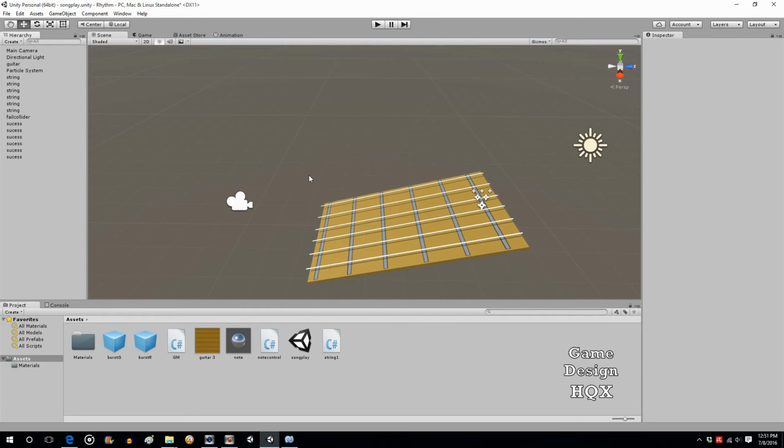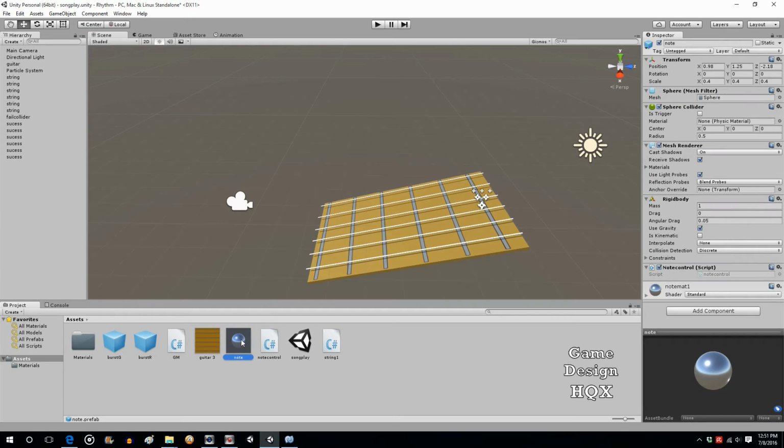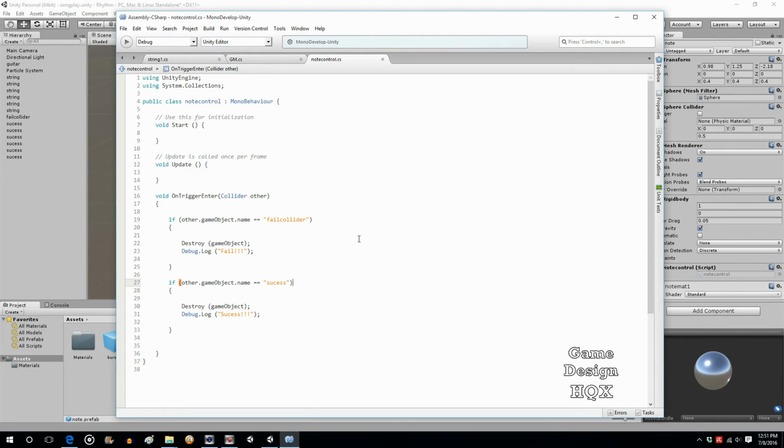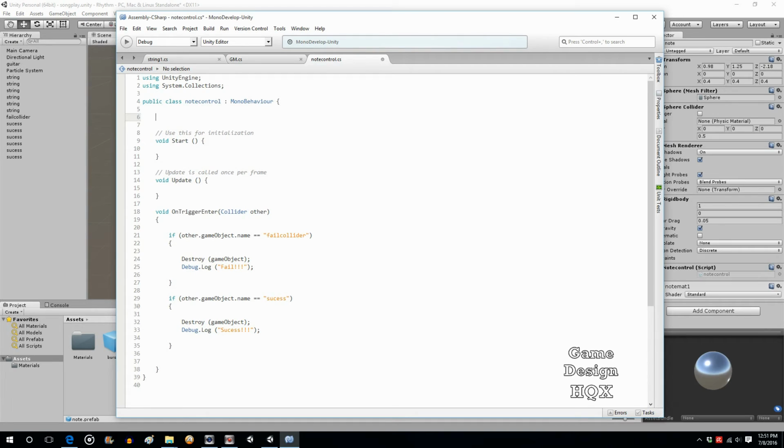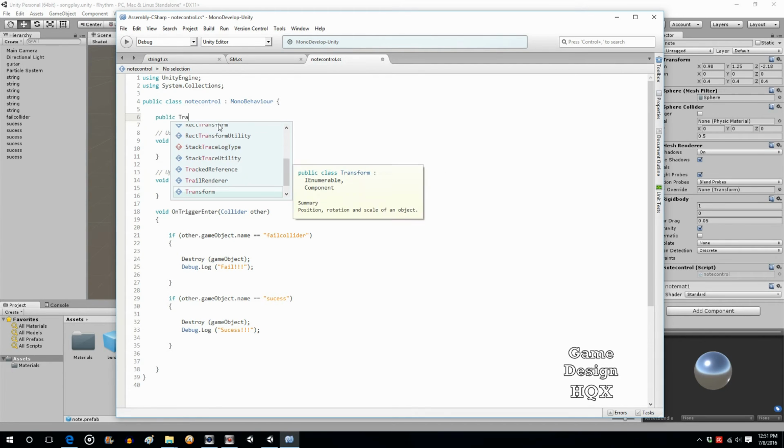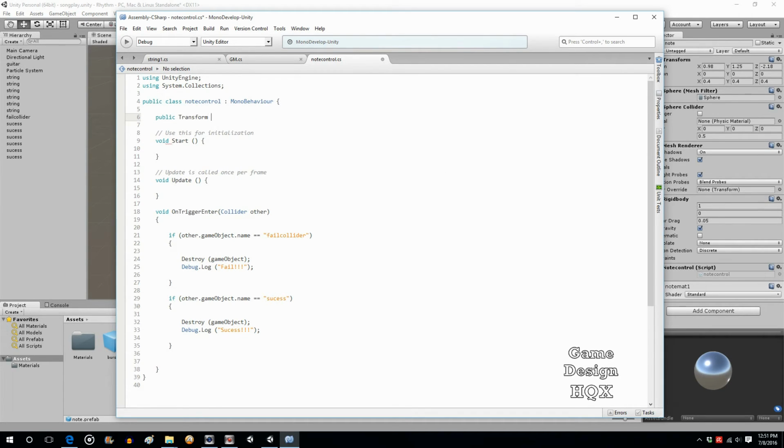Now what we want them to do is we want them to be instantiated. So we're gonna have the note orb instantiate them. So we're going to go into note control. I'm going to add 2 variables. So public transform, and it's going to be